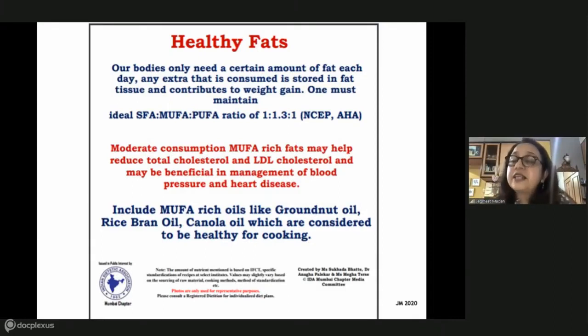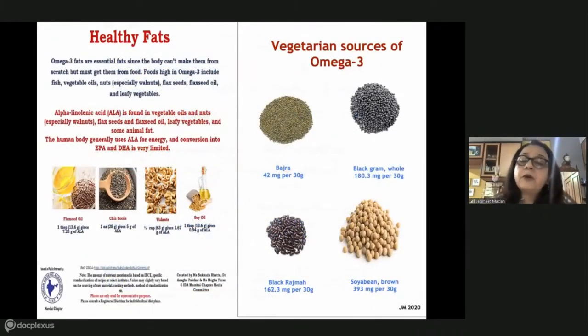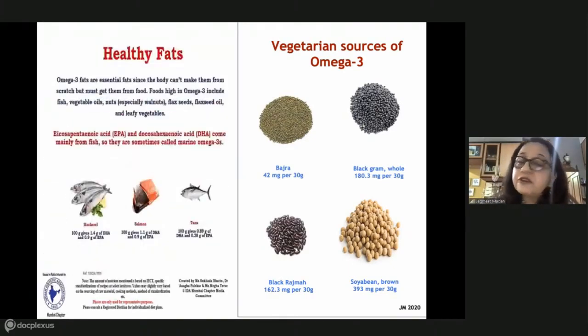And the second fatty acid which we emphasized is omega-3. I will just share some of the details: some of the nuts are very good sources of omega-3. You also have certain oil seeds like flax seeds and chia seeds, which are also very good sources of omega-3. But don't forget that besides nuts and oil seeds, if you're consuming millet, especially something like bajra, or whole pulses, they are also contributing to omega-3 in your diet. And there are some of the fatty fishes, which all of you know, they give you the ready form of